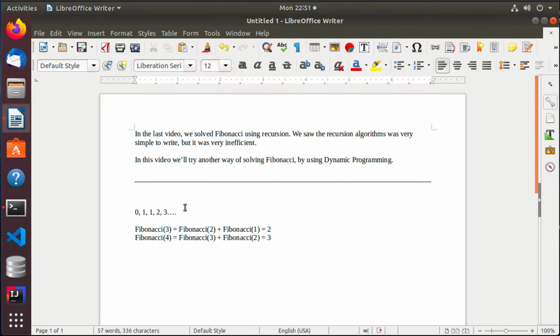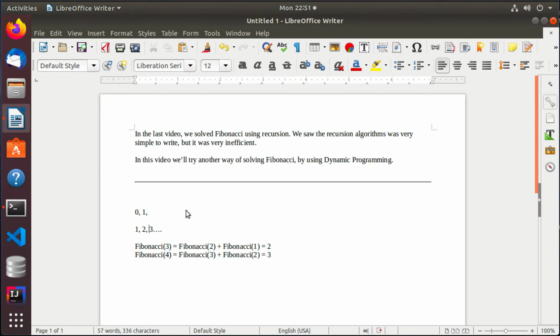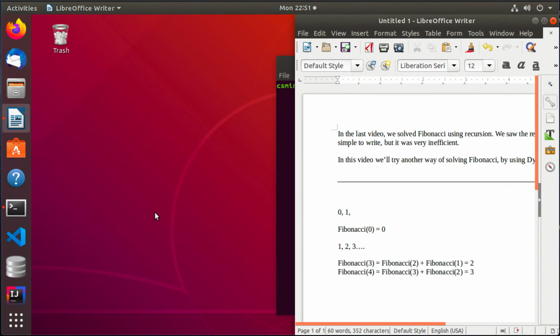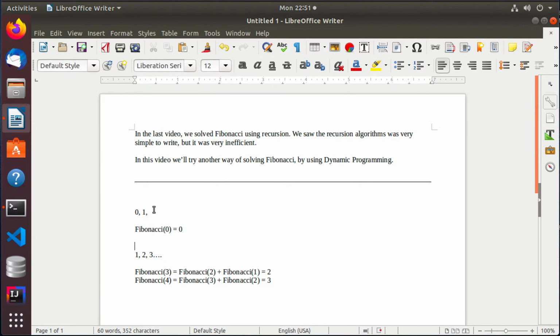So the idea here is to create a list for the first two numbers of Fibonacci that we know. So let's write that down. Fibonacci of 0 is 0, and Fibonacci of 1 equals 1. So if we have a list here,